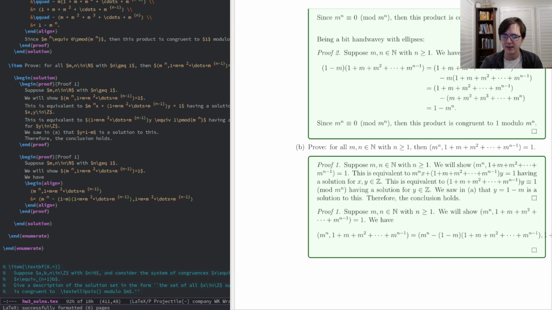Oh wow, that is wide. So letting, let's just say k equal this,